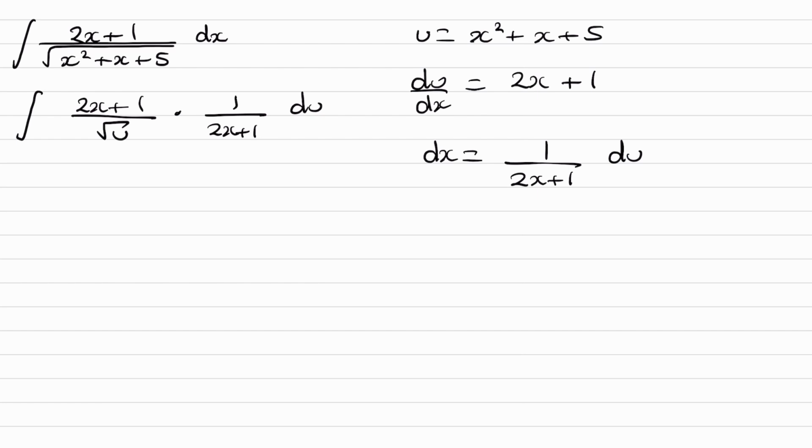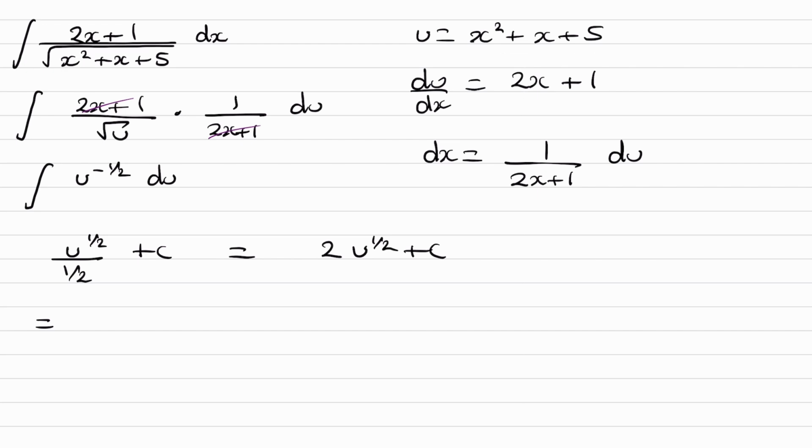And then these two things cancel, and we're left with the integral of, so 1 over root u would become u to the power of minus a half, and then we can integrate this. So raise the power by 1, u to the power of a half, and then divide by the new power, divide by a half, plus c, which is 2 lots. So 1 divided by a half would give you 2. So it'll be 2 u to the half plus c,